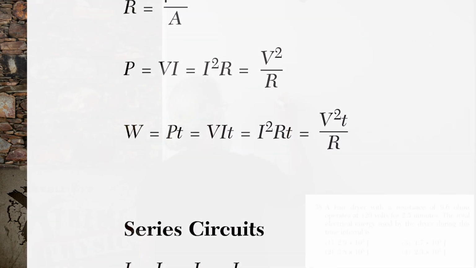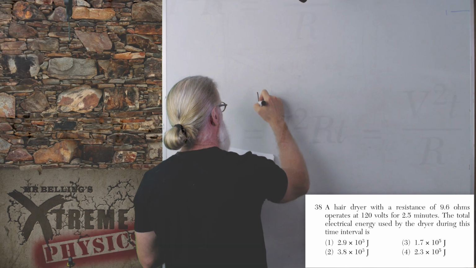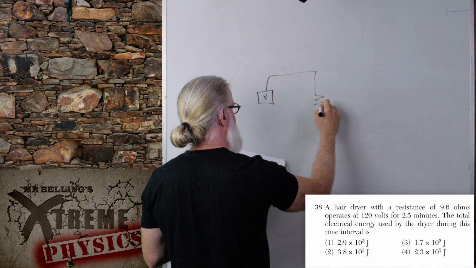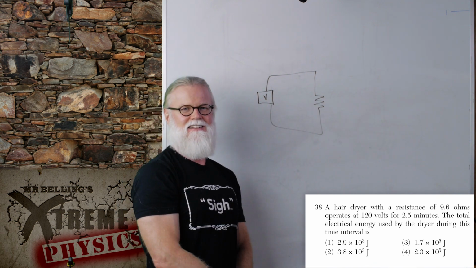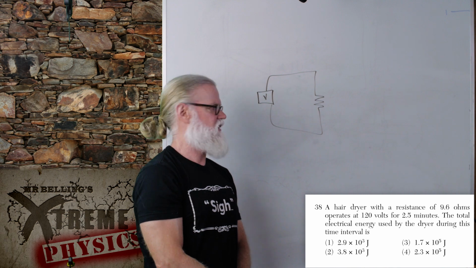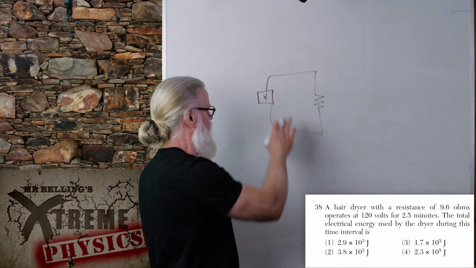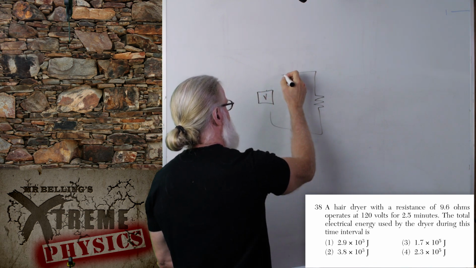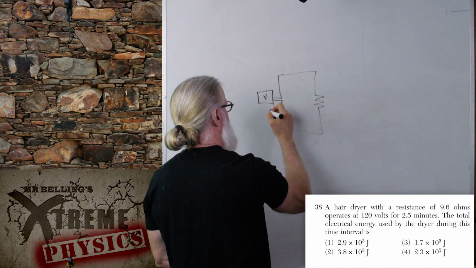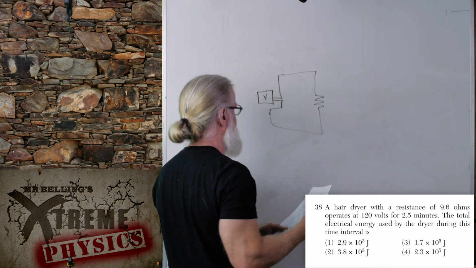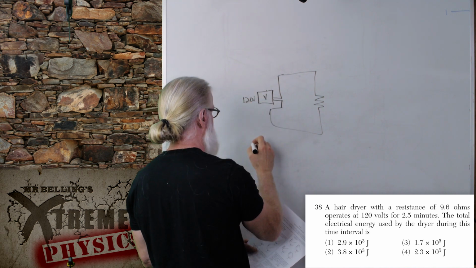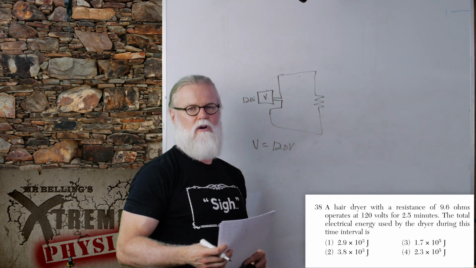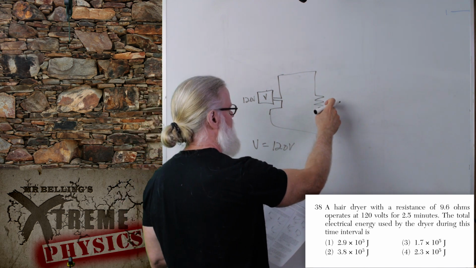All right, so we have this hairdryer, and it's plugged into the wall. So we've got some sort of voltage source, and it goes into, there's my hairdryer, right there. We're going to represent it as a resistor. It's a hairdryer though, and it's plugged into the wall, right? Because walls are usually, so we plug it into the wall, 120 volts. Did they give us the voltage? Yeah, they did. And hey, wall voltage is 120. V equals 120 volts. So we're supplying 120 joules per coulomb to this hairdryer,